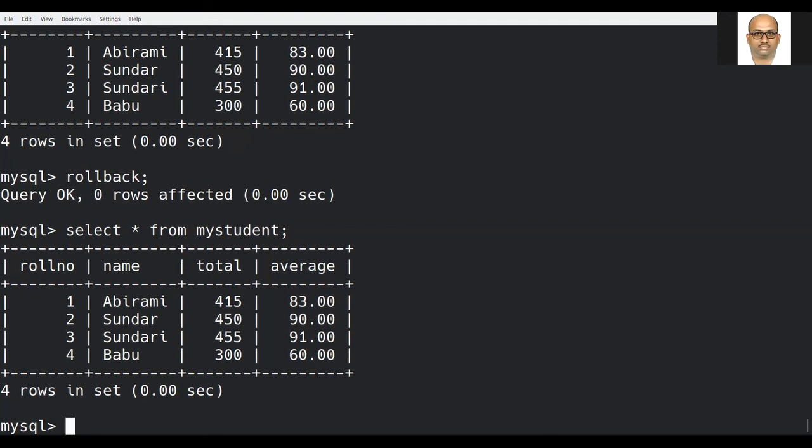And this is one example of an unsuccessful transaction, which will be rolled back at the bank end. I hope this particular topic, namely commit and rollback, you have now learned clearly.